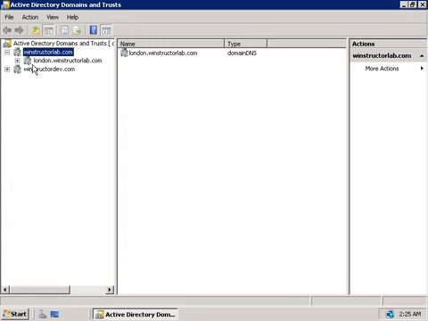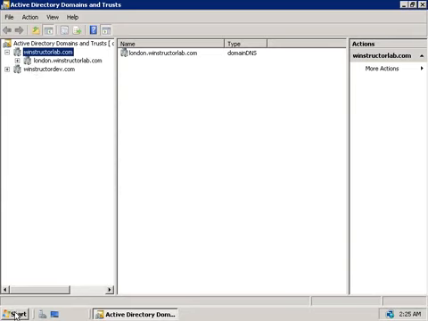So let's see how we can configure a trust relationship with an external domain. Now, I've already gone ahead and installed Active Directory on another server in my network into a domain called winstructorsales.com. So the first thing we want to do before we can even think about creating a trust between these two domains is to ensure that DNS on both sides are able to resolve each other.